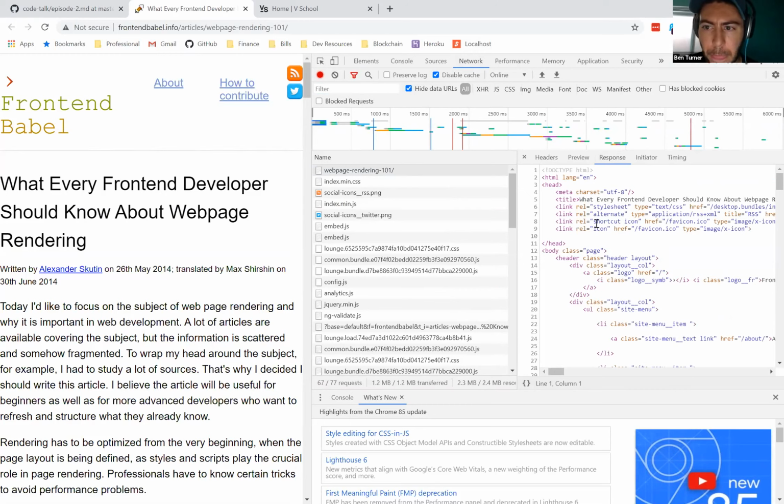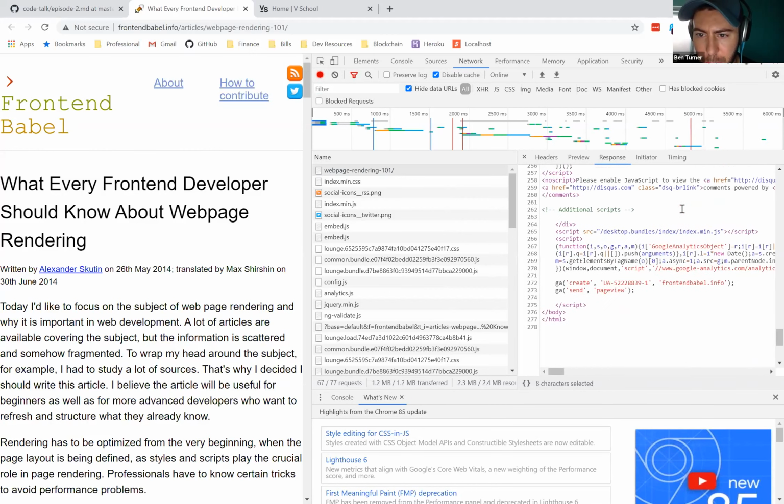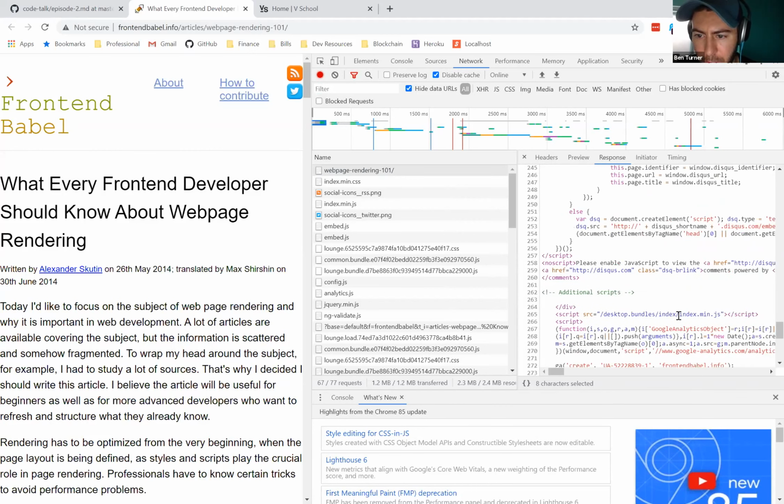Okay, cool. All right, well, if we look at this, we can see that there's some links here. And as you can see, there's some CSS up there, and then back down here, there's probably some scripts. Yep, there they are, boom, all there.